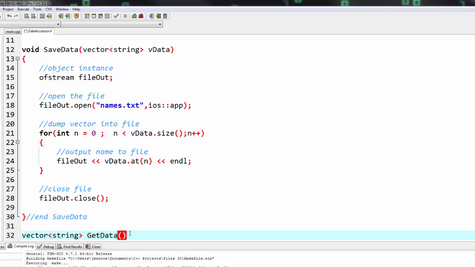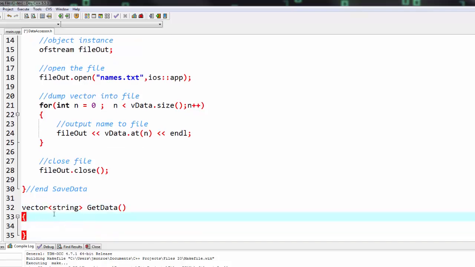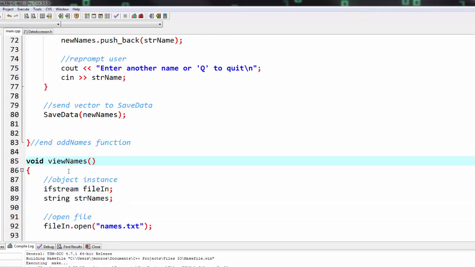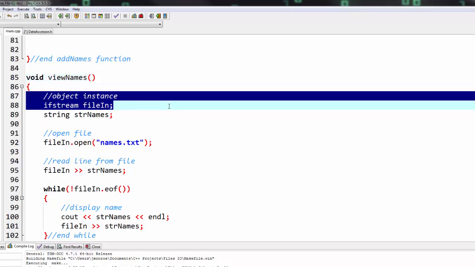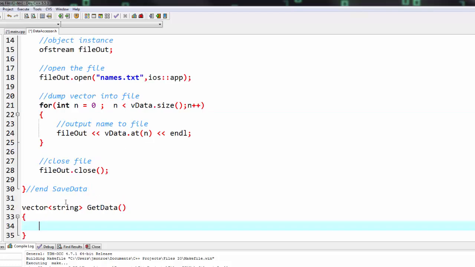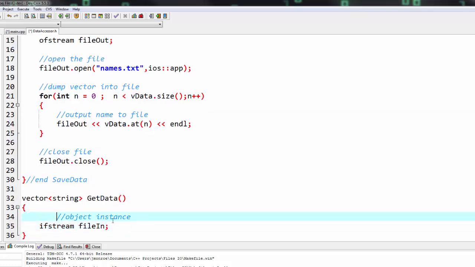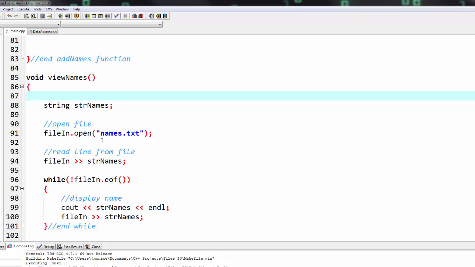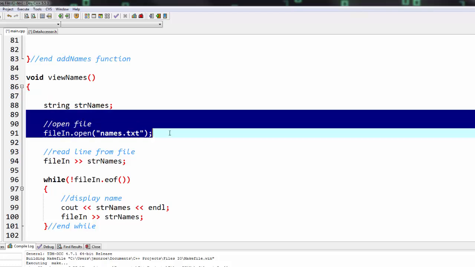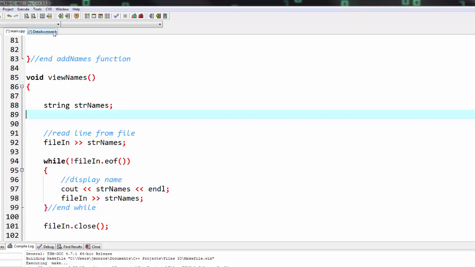And this get data function here, just like I did with the save data function, I'm going to migrate into it all the stuff from this view names that deals with files. Starting with the input file stream, I'll cut that out of there, paste it here. Okay. So that opens the input file stream, and then here where we're opening the file, same thing. Let's cut that out of there, paste it here,